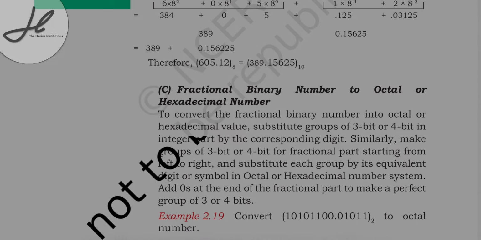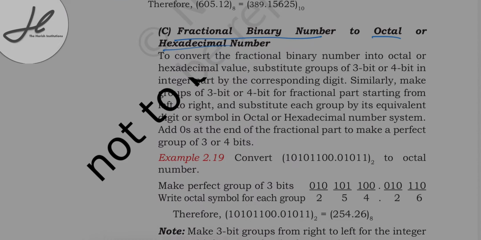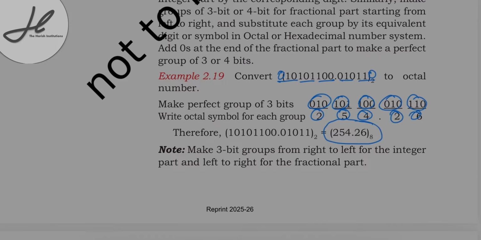Okay, so now we can see fractional binary number to octal or hexadecimal, ऑक्टल एंड हेक्साडेसिमल। सो समथिंग हमारे दिमाग में ऐसे क्लिक होना चाहिए कि बाइनरी टू ऑक्टल करना है, अच्छा 3 बिट्स को एक साथ करना है, या फिर हेक्साडेसिमल में कन्वर्ट करना है तो 4 बिट्स को एक साथ। सो हम 3 बिट्स को एक साथ करेंगे, 3 3, देन यहाँ पे 2 हैं तो एक ऐड कर दिया, 3 3, यहाँ पे 2 है तो एक ऐड कर दिया। अब इसको ऑक्टल की वैल्यूज में कन्वर्ट कर दिया। सो वी कैन सी लाइक दिस द वैल्यू,